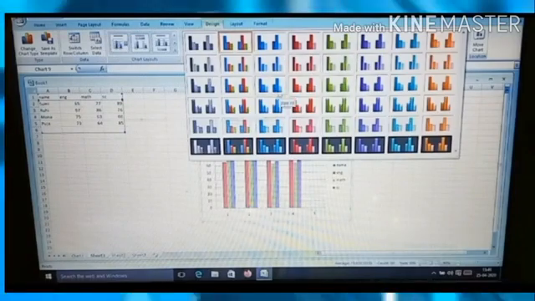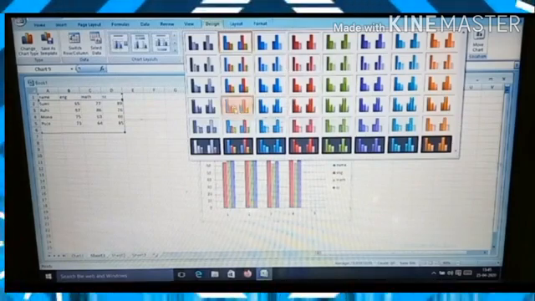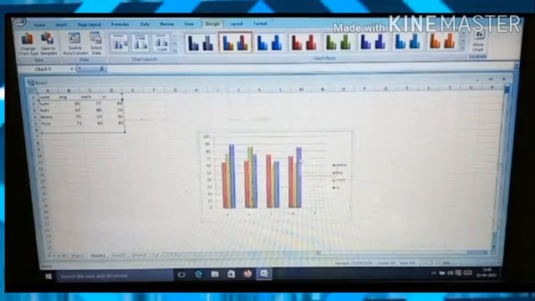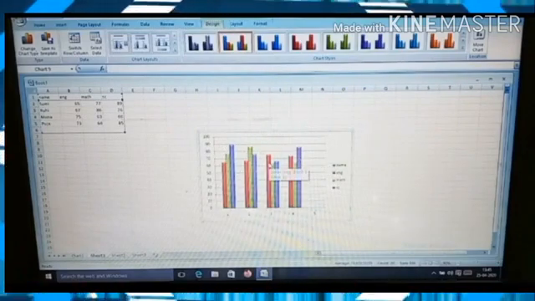Now next is changing chart options. Now I'm going to tell you about changing chart options.